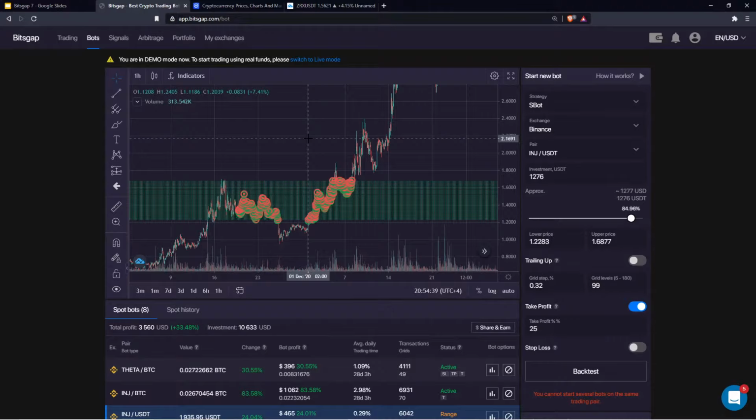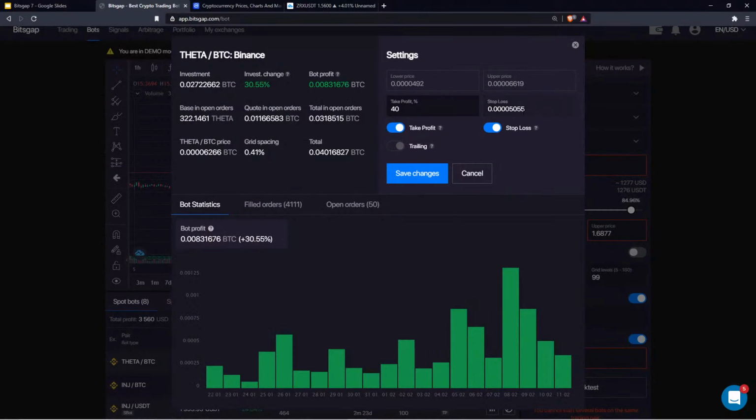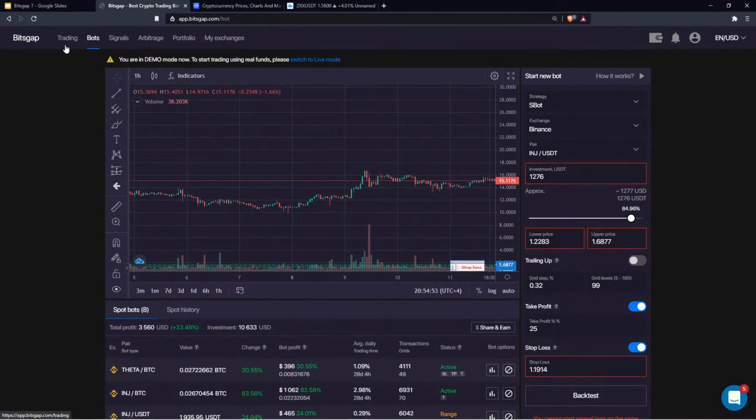So can we set the stop loss by the percent? Well, right now you can set the stop loss by the price, and that's the only option here. Whereas in the trading,